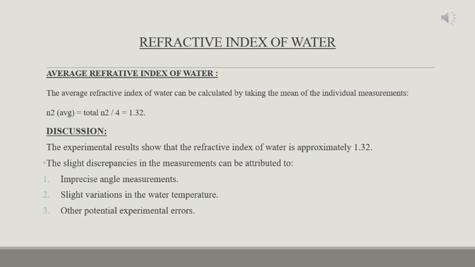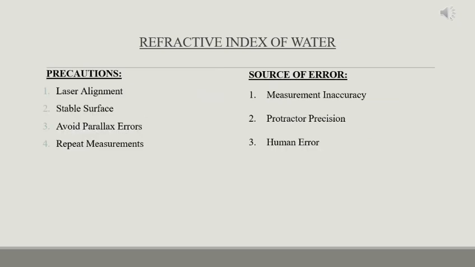Before we conclude, it's important to highlight some precautions we took during the experiment and discuss potential sources of error. Precautions: laser alignment. Ensure the laser pointer is aligned correctly and points directly at the water surface at the desired angle. This ensures accurate angle measurements. Stable surface. Place the transparent container on a stable, level surface to avoid any movement that could affect